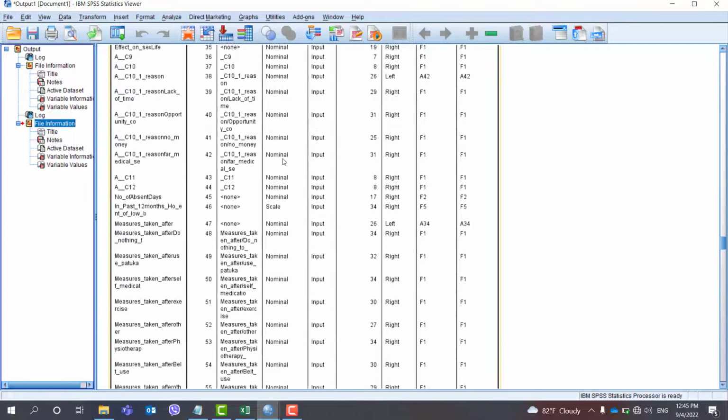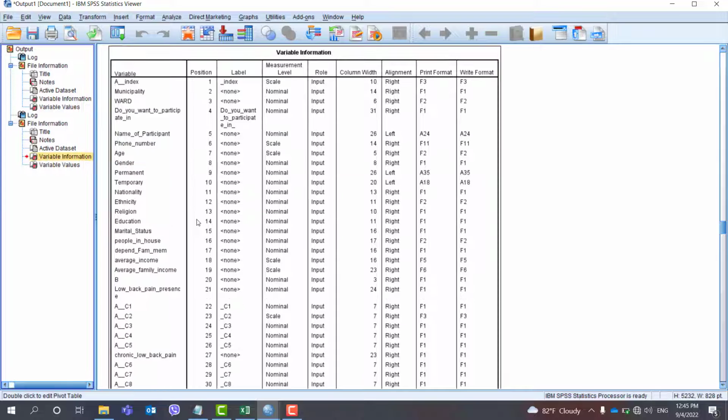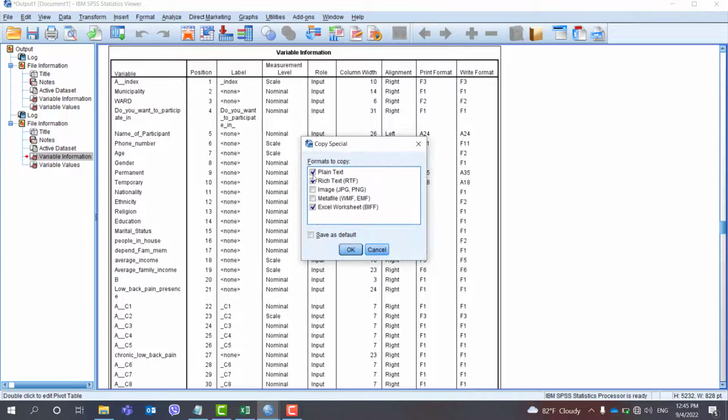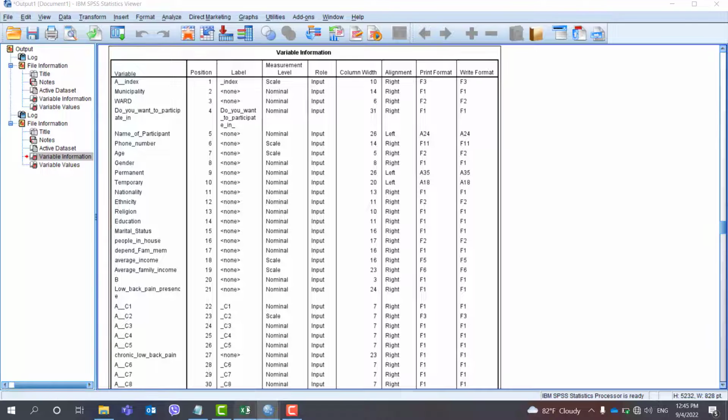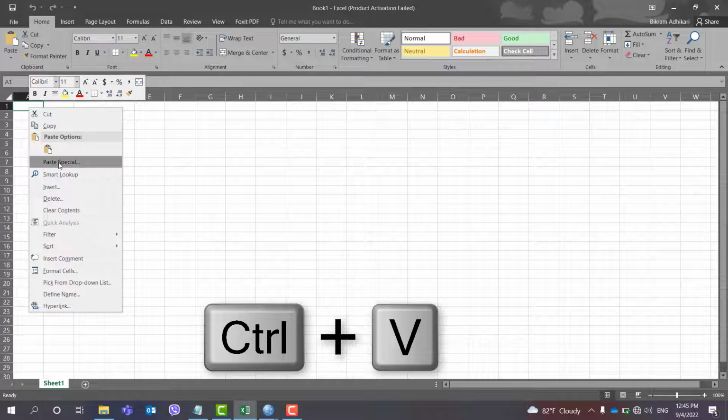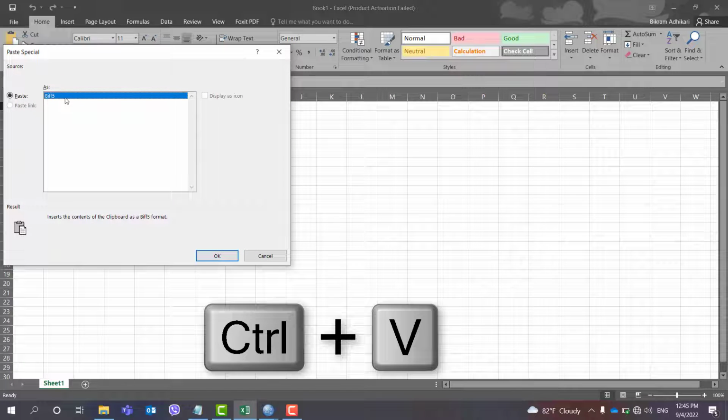Now let's export this. In order to do that, just select the table, then left click, then Copy Special, and then uncheck these two. Just ensure that you have checked Excel. Okay, then open your Excel sheet and then left click, Paste Special. It is in BIFF5 format. Okay,